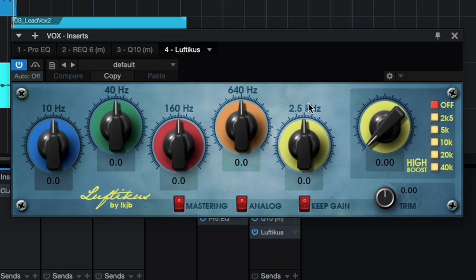This is Lufticus. As I said, this is a copy after a very popular analog EQ, and it has an original copy, the Mag EQ. This is a free version, which is made with an open source developer application, and it's just amazing, if you ask me. What I'm going to do with this one, I will basically listen to the song, and I will add some flavor to the vocal. You'll see what I meant.